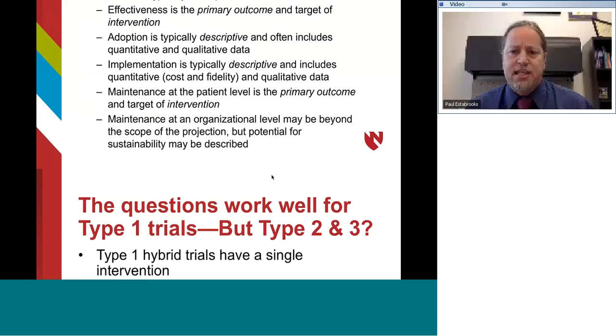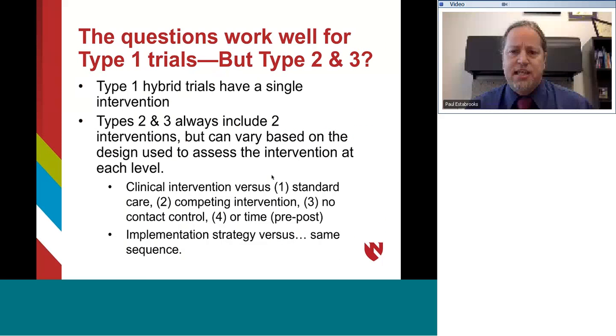Okay, so the questions that we started with were: where are you intervening, what are you providing descriptive data on, and what might be beyond the scope of the study? These work really well for type 1 trials, but what about types 2 and 3? Some of the issues that you start to run into is that type 1 hybrid trials have a single intervention. It's very similar to what we're used to with RE-AIM, which is applying the model to effectiveness or efficacy